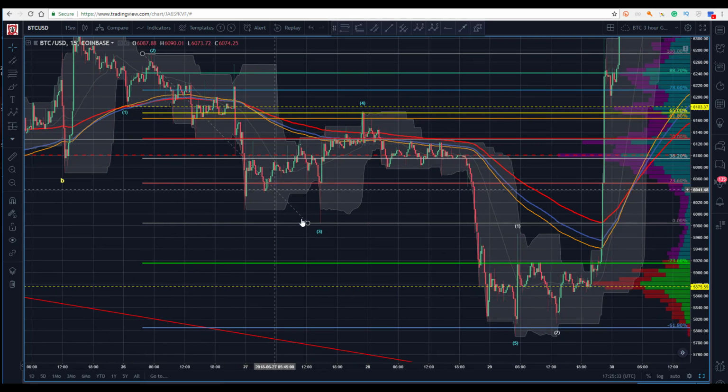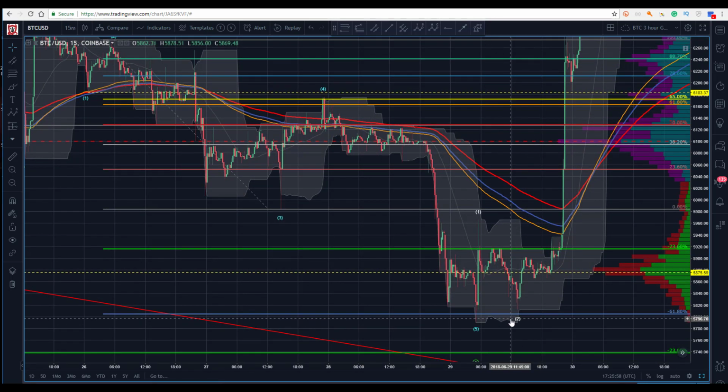That's close enough that I'm going to give that the pivot. So 1, 2, ABC. Well, it's kind of an ugly ABC. A, boy, it's tough to dig a B out of that, but then into your C. So I'm going to go with this here as my 4, and then it would appear that I get 1, 2, 3, 4, and here's my 5 down here. So I've got, this is my 1 and this is my 2.